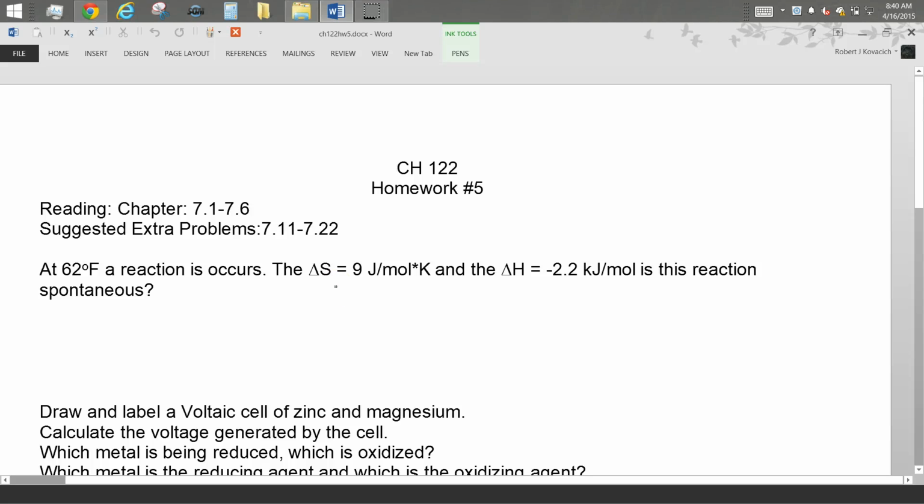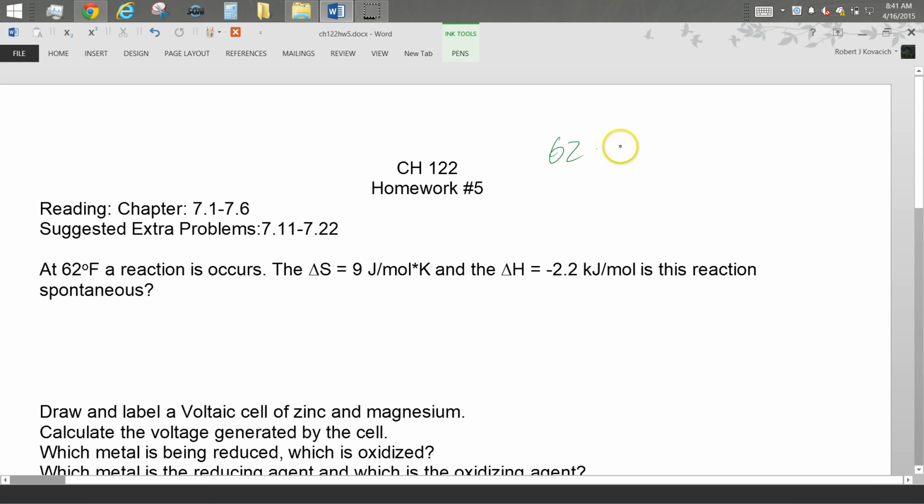Okay, what do we want to do first with this question? Convert Fahrenheit to Kelvin. Yeah, I go Fahrenheit to Celsius and then to Kelvin because I've got Kelvin units in my entropy, and so I won't be able to cancel it out otherwise. So it's